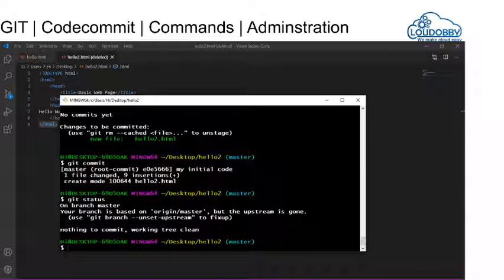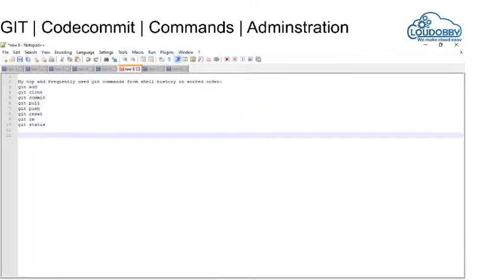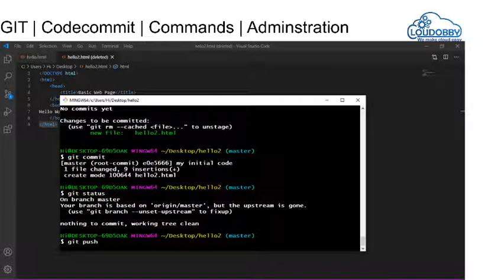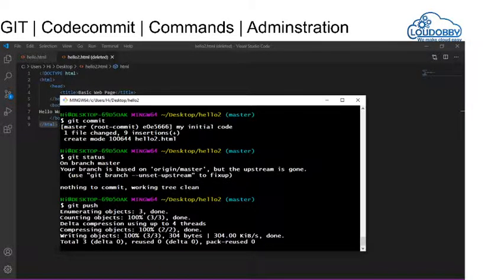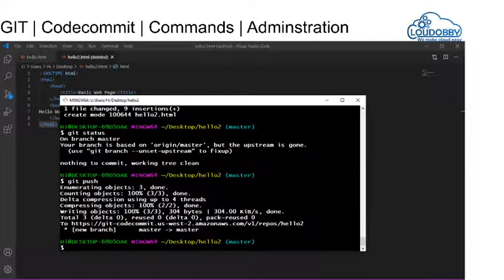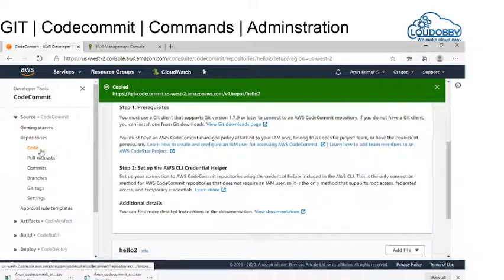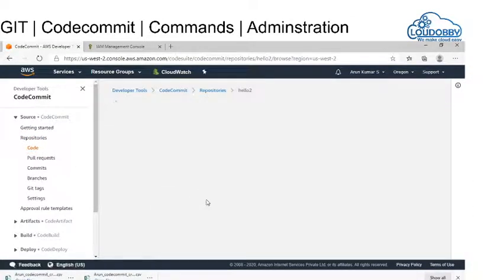Okay, now we're going to do git push. This actually adds the file into the repository. So now we can go into the repository and see the file gets added to the repository.